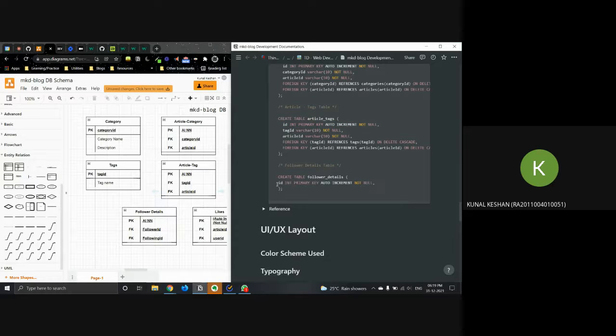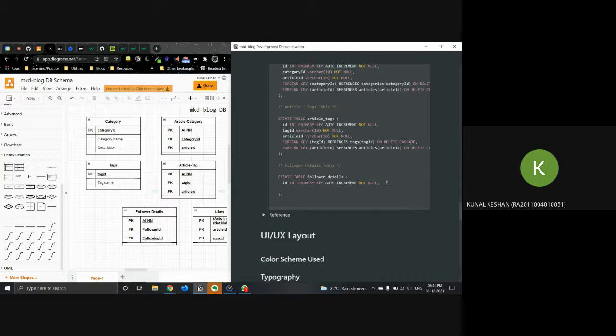Similarly, the ID over here just needs to auto increment, then follower ID and following ID, not null.